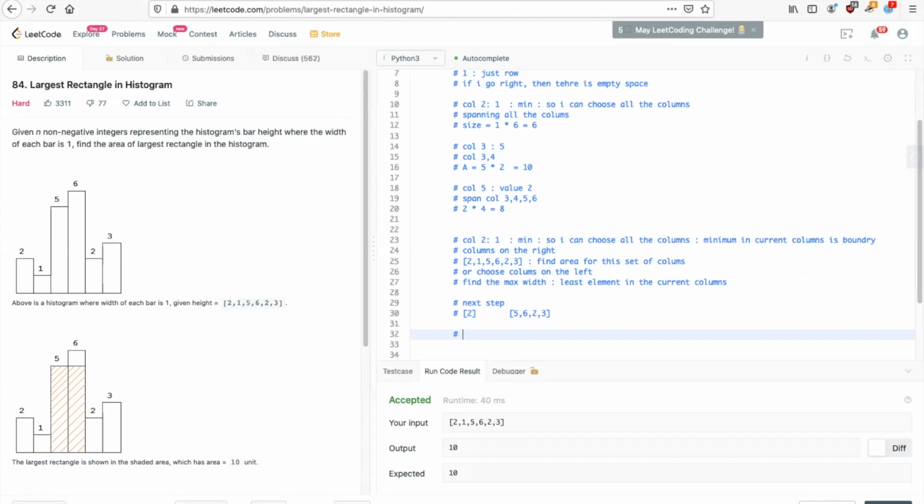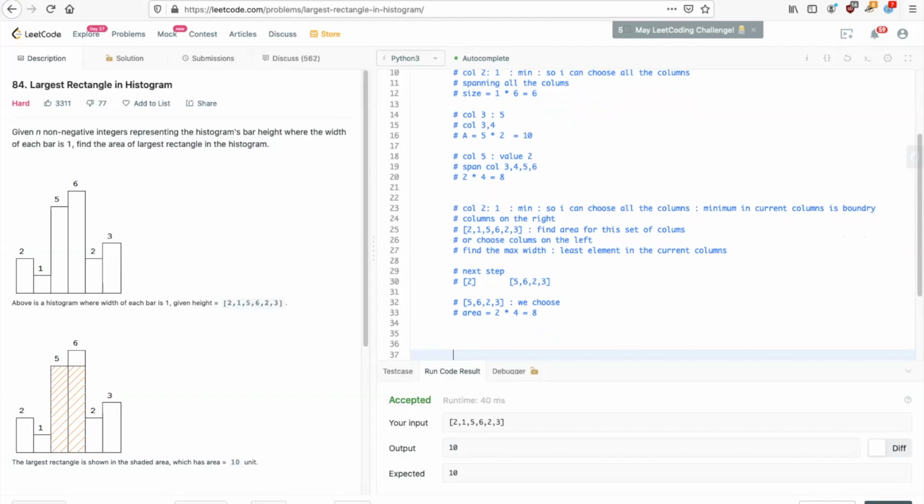for 5, comma 6, comma 2, comma 3, we choose 2 because 2 will cover all this distance, which will be the area: 2 times 4 equal to 8. Now what we'll do, we break this into 5, comma 6 on one side and 3 on this side, and we keep on going on. So basically the formula becomes, for the given set of columns,